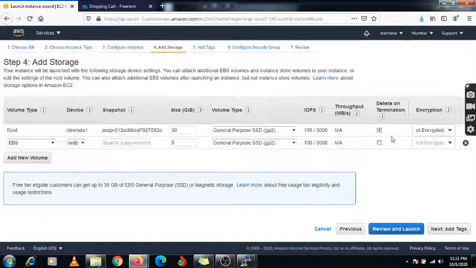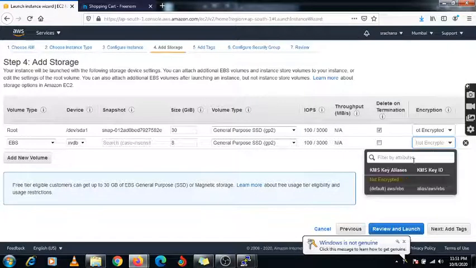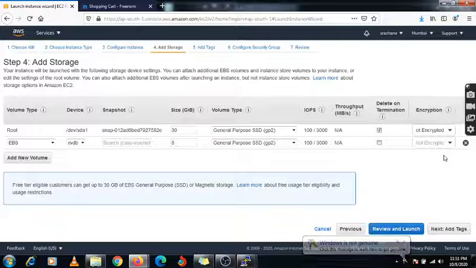Always remember these two disks are not used for OS installation, only the four default disks are available. When you attach any external volume, the delete on termination option is not ticked. So whenever you delete your instance, this volume will not be deleted, it will be kept under your volumes, and the snapshot will be created. If you have created any snapshot, it is not removed. There is also the option of encryption. If you want to encrypt this external volume, you can attach it.